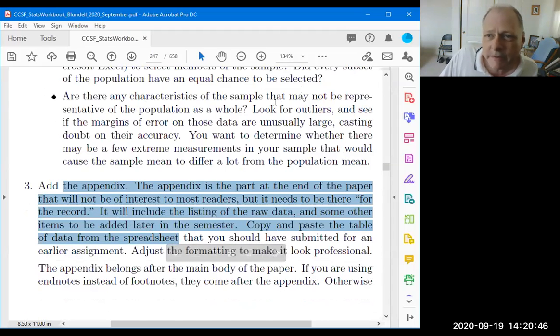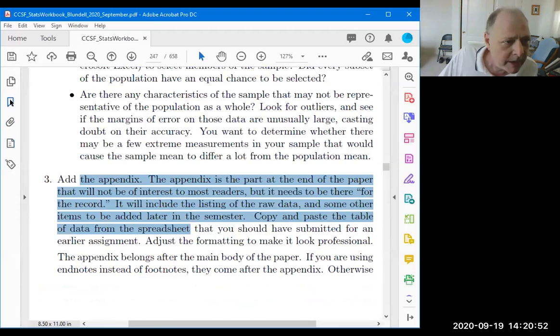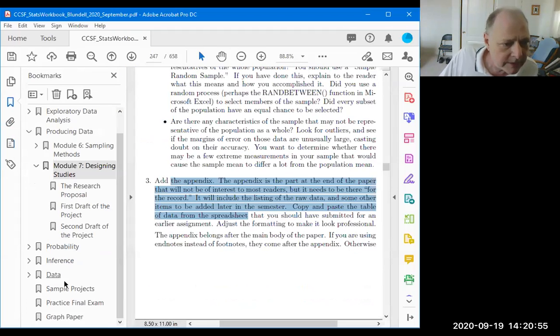And so this is a lot to absorb right now, but if you go through it one step at a time, bullet point by bullet point, it shouldn't be too hard. And if you want to see example projects from previous semesters,